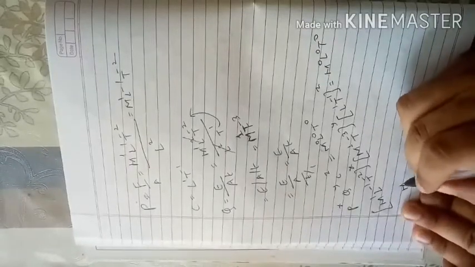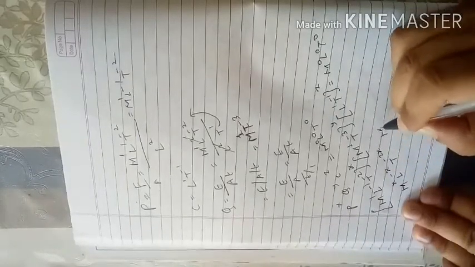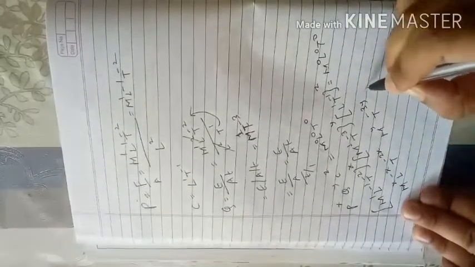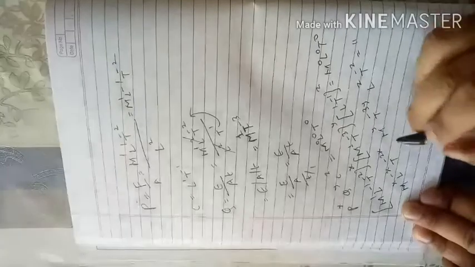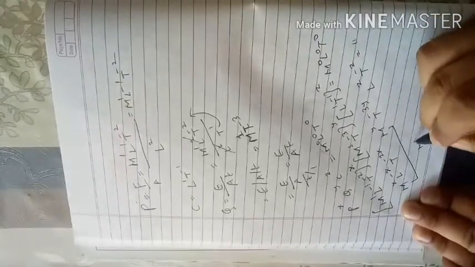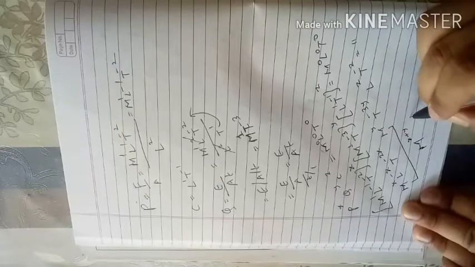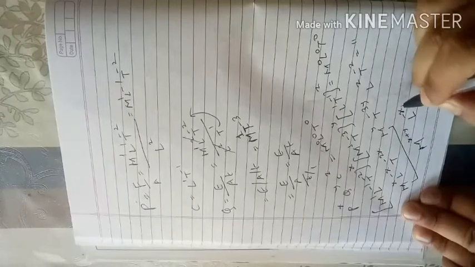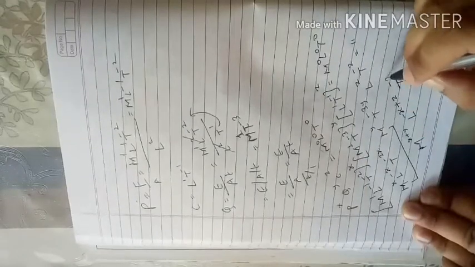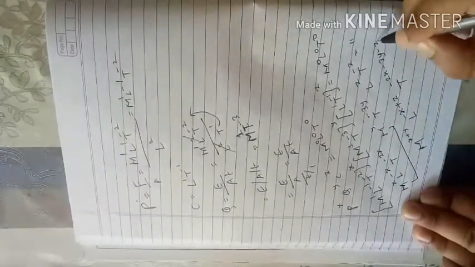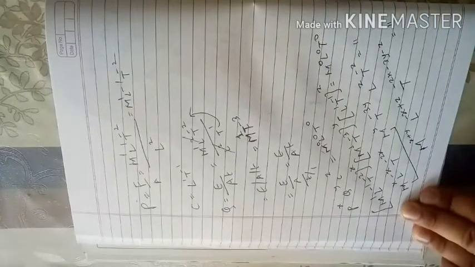So this will become M raised to X, L raised to minus X and T raised to minus 2X. Then M raised to Y, T raised to minus 3Y, L raised to Z and T raised to minus Z equal to M raised to 0, L raised to 0, T raised to 0. So we have two terms of M, so this will become M raised to X plus Y, and we have two terms of L, so it will become L raised to minus X plus Z, and this is T raised to minus 2X minus 3Y minus Z.